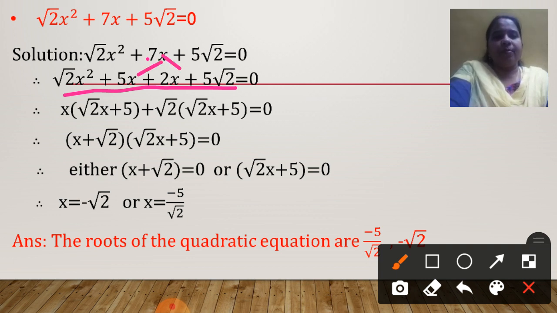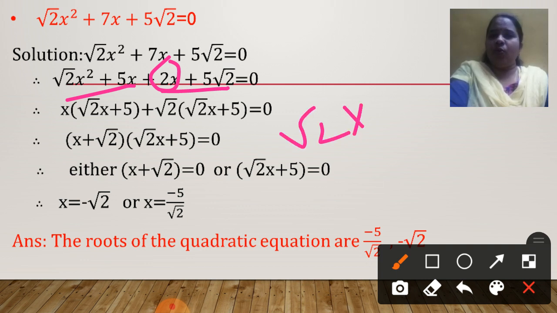See this. Combine two terms together and try to take common these two together. Right. So x is common. Root 2x plus 5. Now when I combine this, how to take common in this? As such I cannot see anything common. But can we write this 2 as root 2 into root 2? Yes or no? I am not changing the question at all. Only this 2 is written as root 2 into root 2.